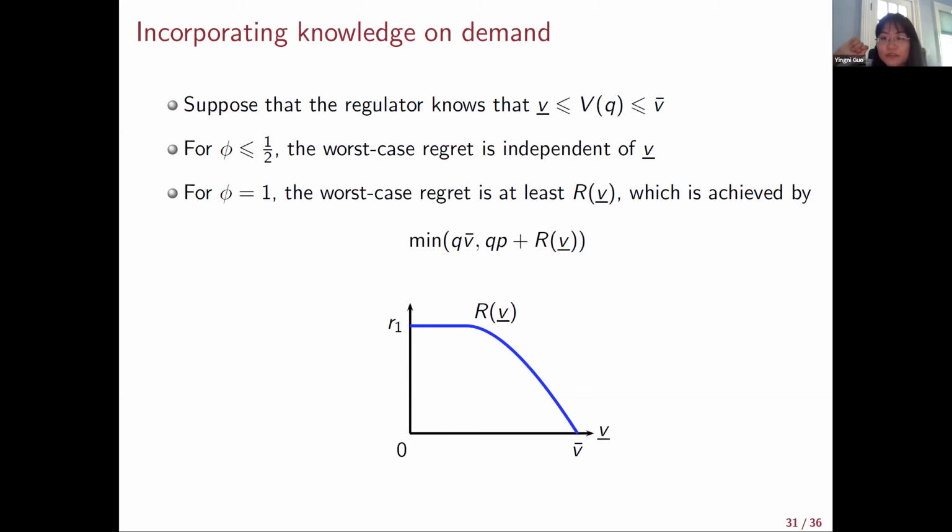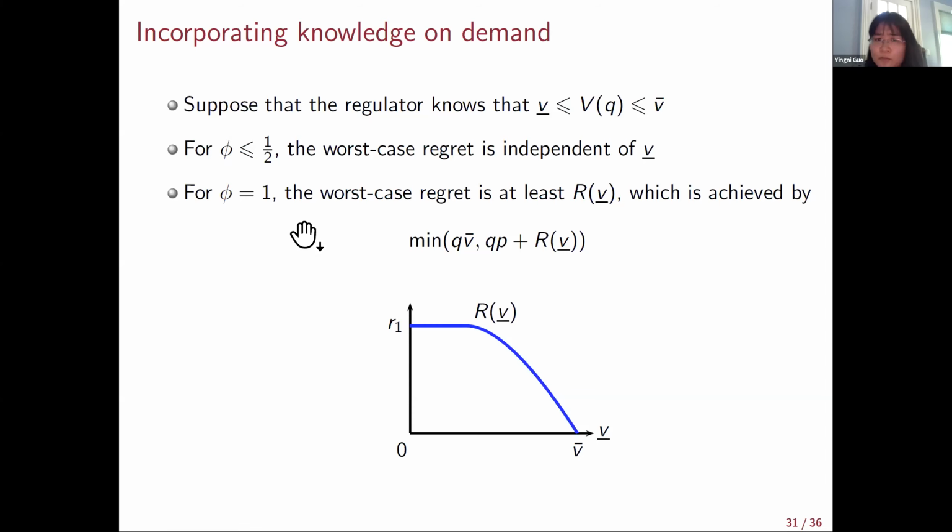For the demand function, as long as we know V lower bar for any phi smaller than 1/2, then no matter how you change this demand region, you still get the same result. So even if you know exactly the demand function, you still get a lot of regret if you care about the consumer surplus. So that can be viewed as the lowest demand function region we can think about.